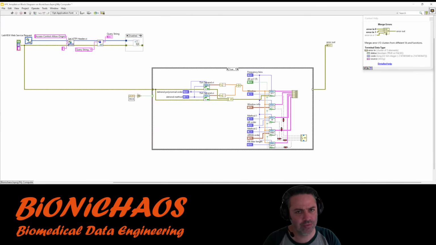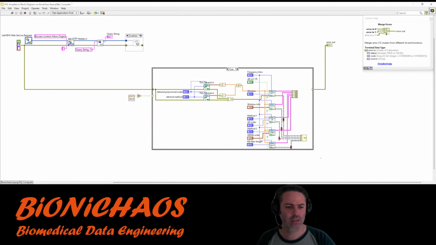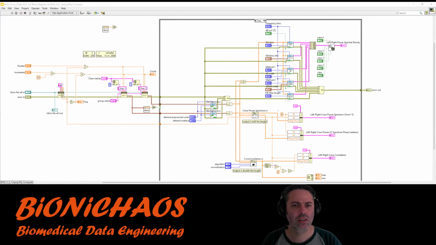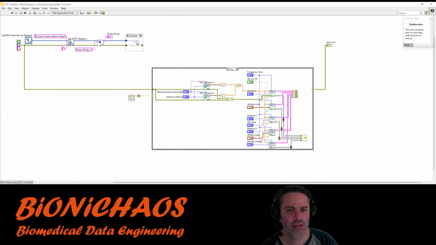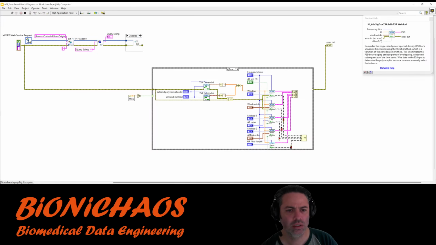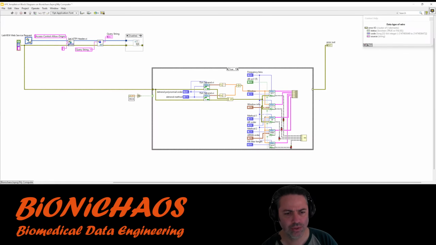The problem with having error management is that it doesn't actually work in the web application.